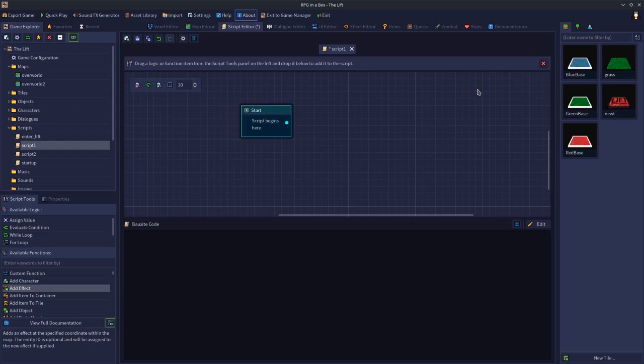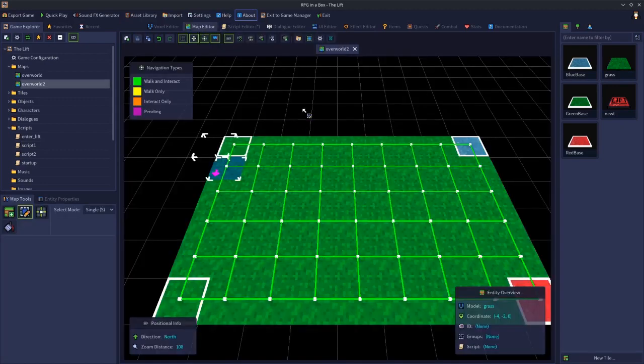So in the last video, we talked about the different data types. In this video, we're going to cover the importance of entity IDs. So what are entity IDs and why are they so important? So let's go to the map editor. And what I'm going to do is I'm going to place down